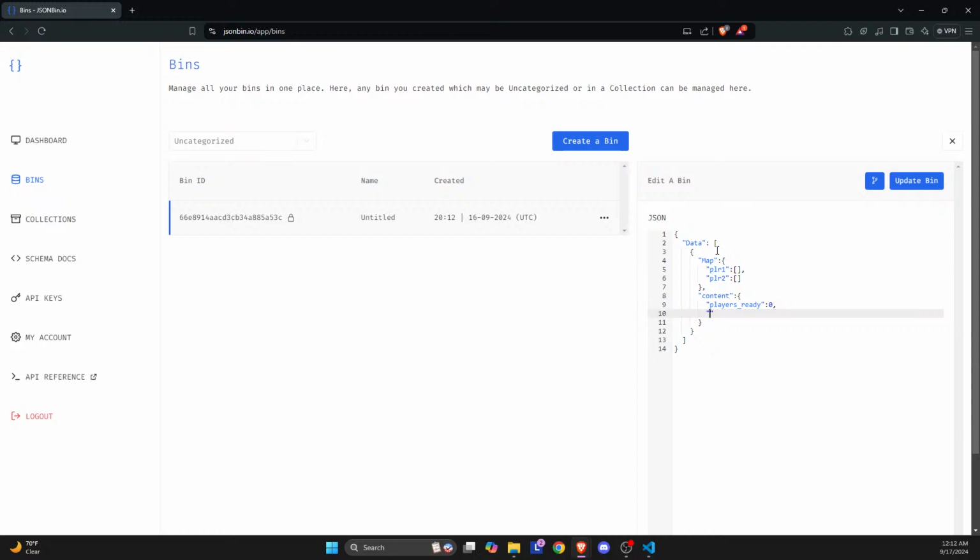Or we could just detect if player ready is equal to 2 already, and any new incoming inputs saying like, hey, we're ready to play, we click the button to play, and it won't play because it's already 2 in the match. So yeah, we don't need to do all that other stuff. So now that we have that, we just need